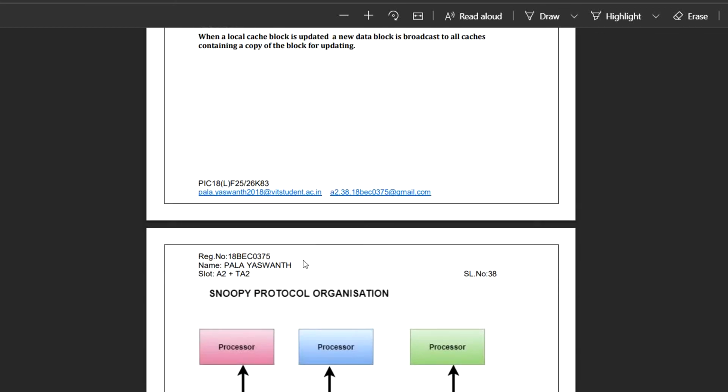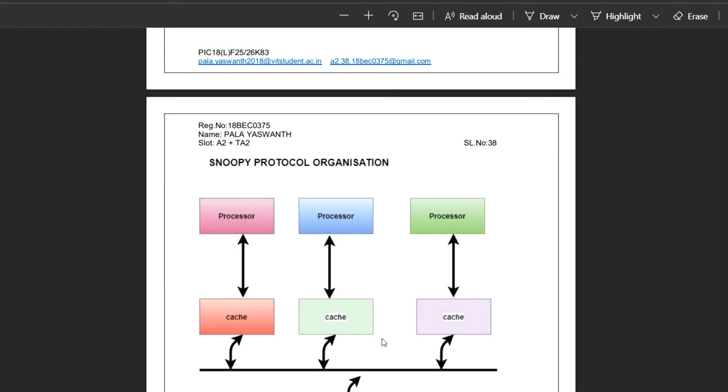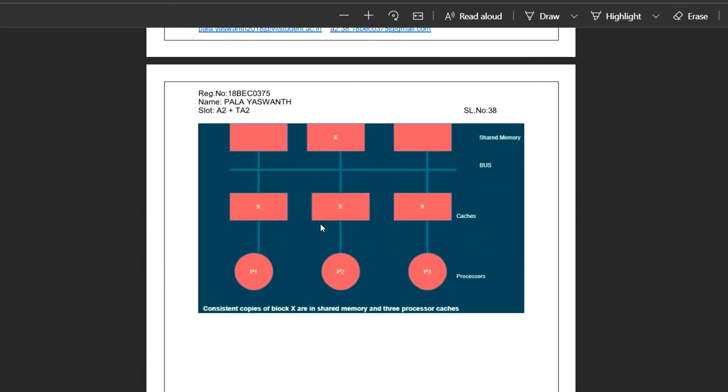I have clearly shown the operation, how it is carried out from the main memory to the processor, and how the cache is involved between the processor and the main memory, so that it can carry out the process without completely erasing the data. So to carry out the process we have already done, without starting from the beginning from the main memory, it starts from the cache itself to allocate the process easily and efficiently. The Snoopy protocol organization is clearly shown here.